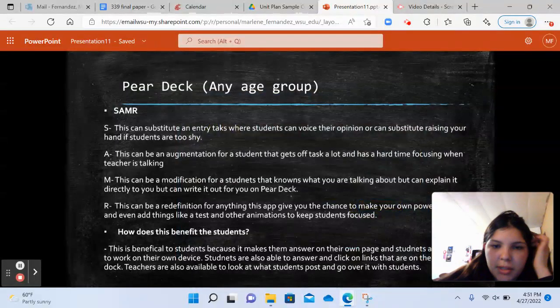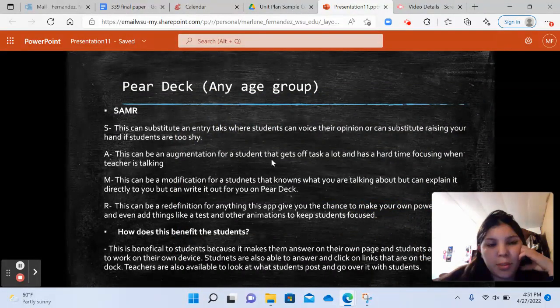This can be a substitute for students who can't voice their opinion. This can be an augmentation for students who get off task and have a hard time focusing when the teacher is talking. This can be a modification for students that know what you're talking about but don't want to explain it out loud, and they can write it, and they're better at